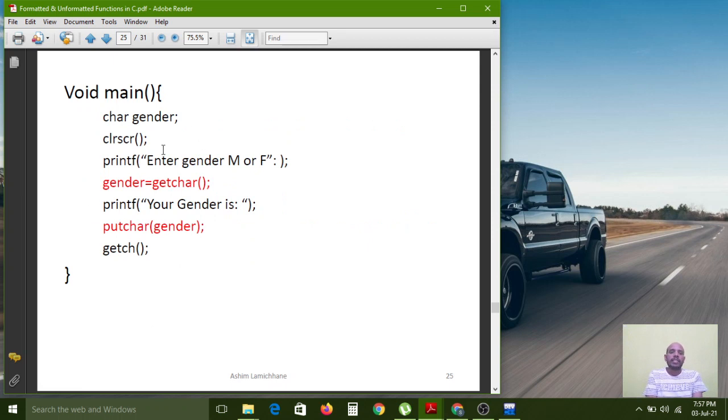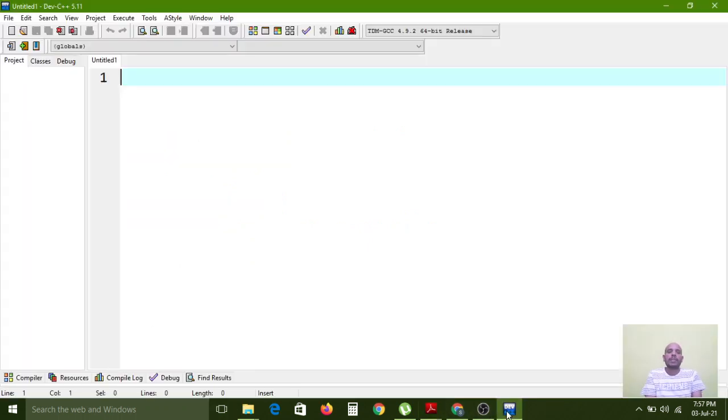Here I have given a program that I would like to explain in the practical way. This is the getChar and putChar unformatted functions demo.